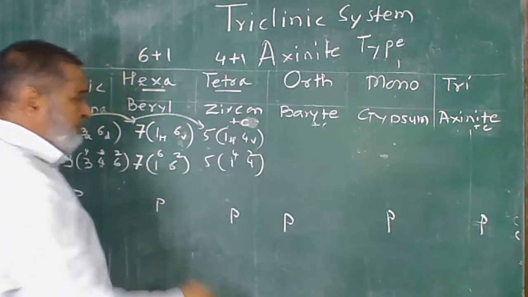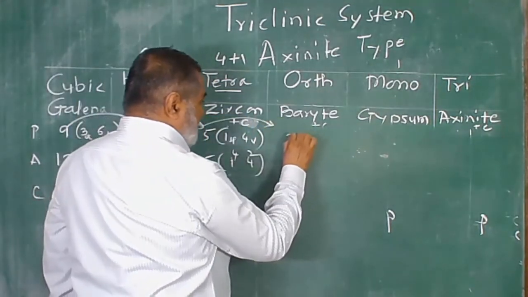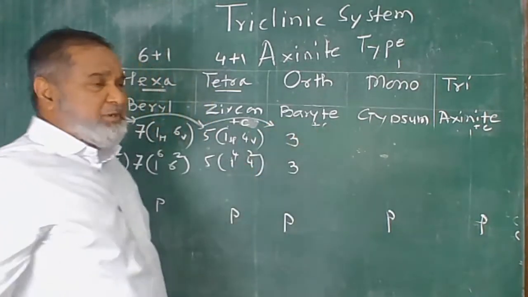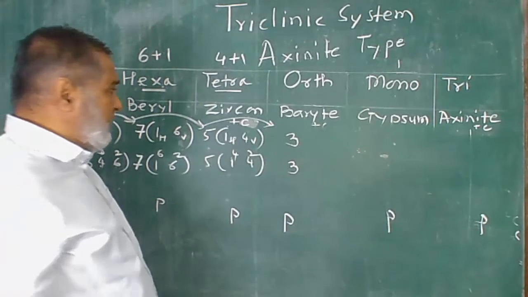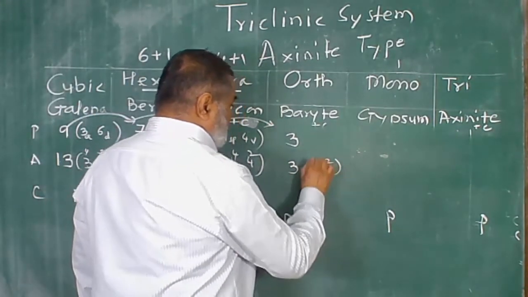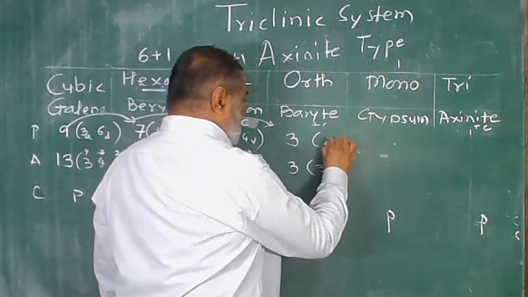Center of symmetry is present everywhere. Now if you go further down here, the number is reduced by 3 to the 3. That is, the number is reduced by 2 again. So 3 planes, 3 axes, and here 3 axes of 2 fold. It is the maximum. So it is 3 of 2 fold symmetry, and all these are the axial one.